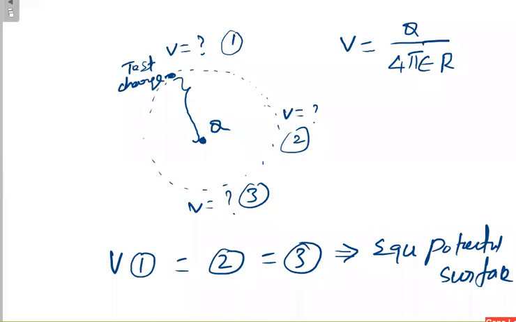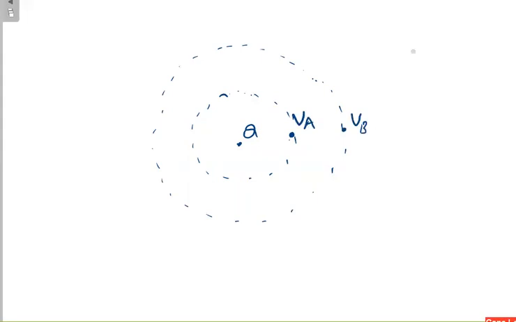Yes, I can draw. Suppose the same case. If I go like this, I will get some voltage, or otherwise I may go like this also. I can choose another imaginary spherical surface. I can go here also, but definitely the voltage here is different from this one. Say this is point A, voltage A, and this is point B, voltage B. Which one will be greater? Definitely VA is greater, because it is near to the source, or otherwise it has traveled a larger distance from infinity.